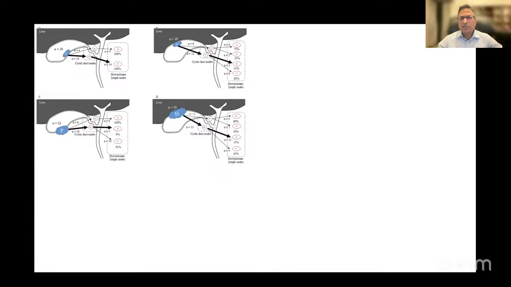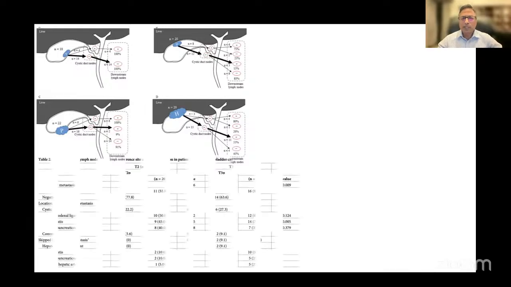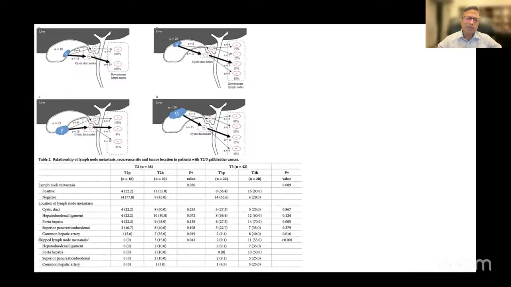When you look specifically at lymph nodal involvement, it's again very interesting data coming from this paper, which shows that when there is hepatic side involvement, be it PT2 or PT3, the incidence of skipped lymph node metastasis is much higher when the lesion is towards the hepatic side vis-a-vis the peritoneal side, be it in PT2 or PT3.